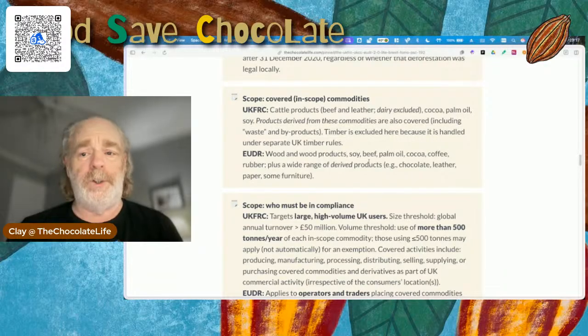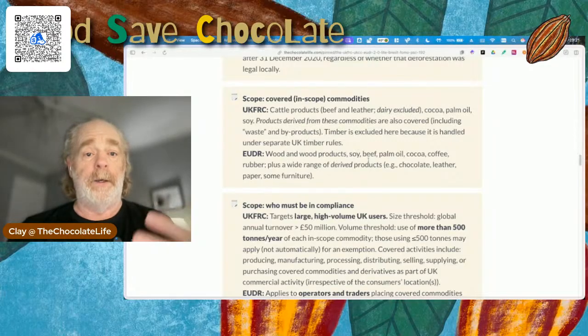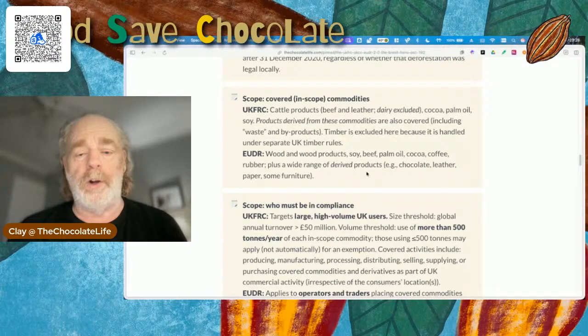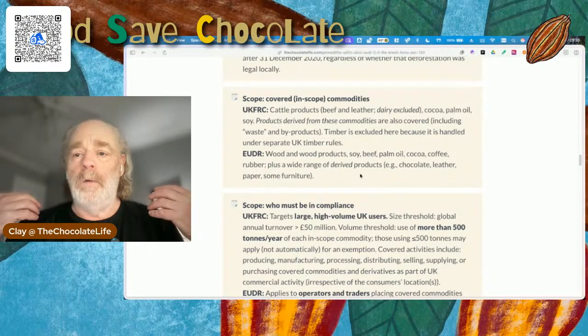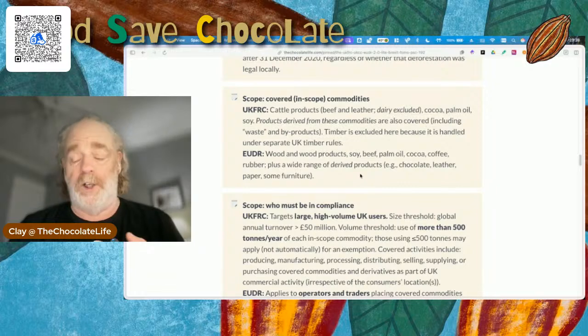So those are two different commodities, which are not agricultural commodities, which are not covered by the UKFRC. So maybe there will be some scope creep in that respect. So it's hard to know, right? Again, as Neil Barston, who's the editor of Confectionery Production, pointed out, we have no idea if legislators are even considering drafting the legislation,